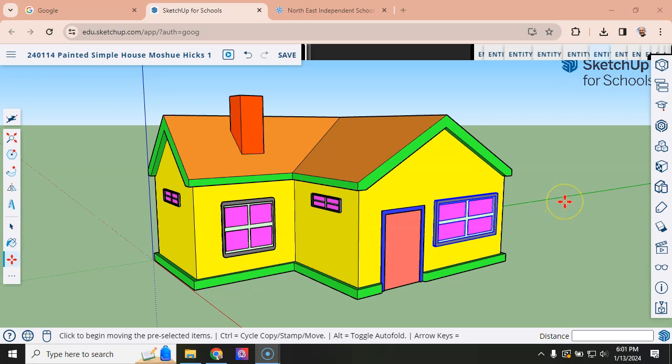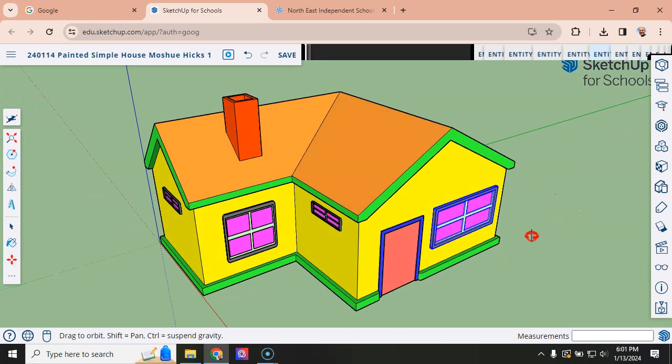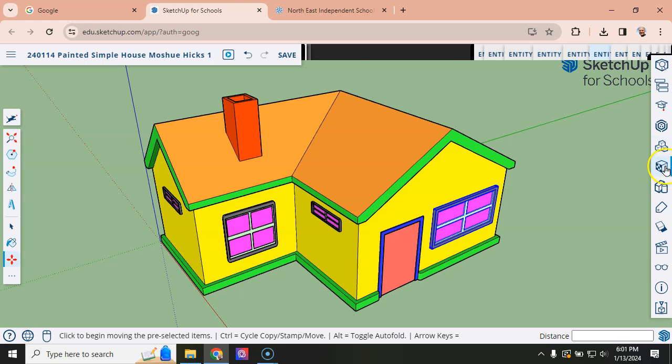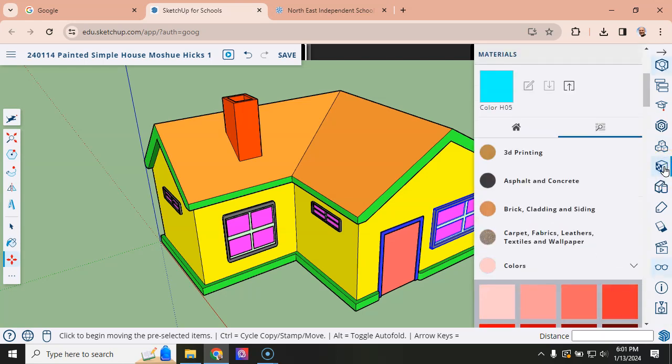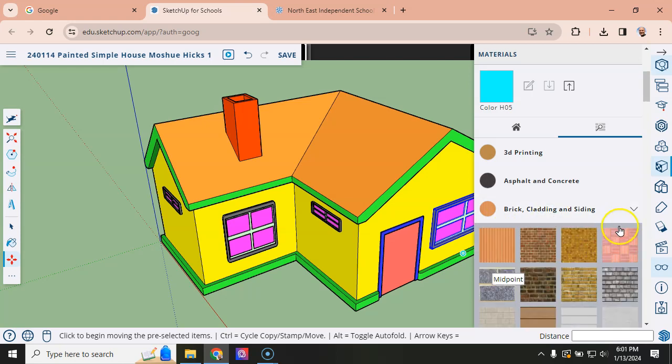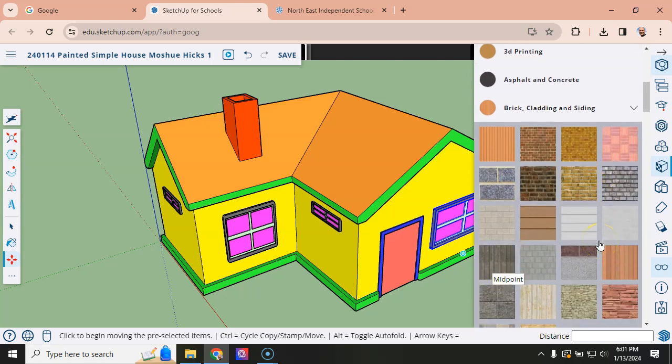Okay, so now let's see about changing up our house so it uses textures instead of just paint. You can use paint in a lot of places, but on the chimney that I have here or on the door, it may not look as nice as, let's say, brick. So you have a limited number of different brick textures in here, but it's pretty easy to try